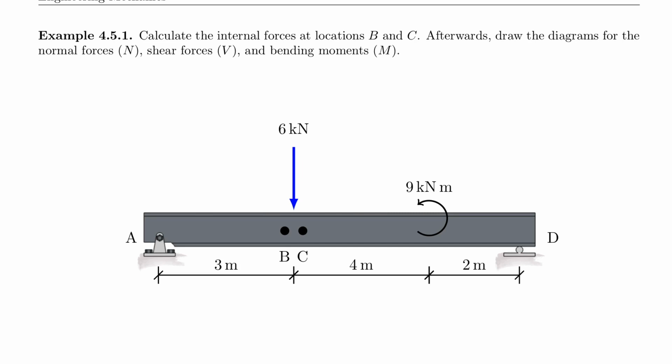But before we do that, take a look at the system and understand that we have 6 kilonewton pushing down here, and then we have 9 kilonewton meter rotating the system counterclockwise. What does that mean? That means that this vertical force here causes an upwards reaction here and an upwards reaction there, but on the contrary, the 9 kilonewton meter rotates this up and this down. And therefore, we need to have a reaction that at D pulls down and at A pushes against that. So obviously, the support reaction is a combination of this plus this,